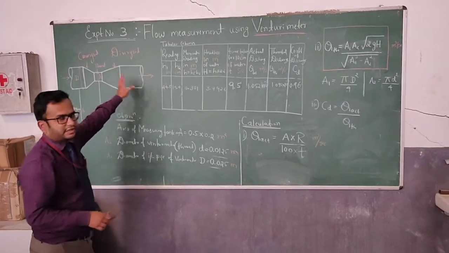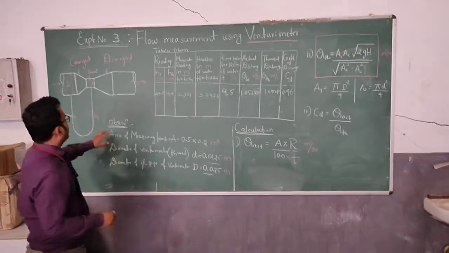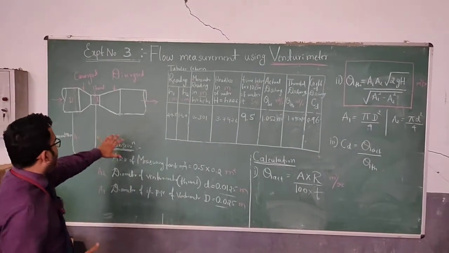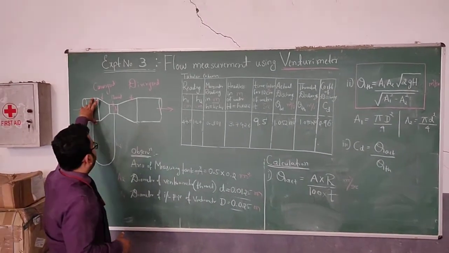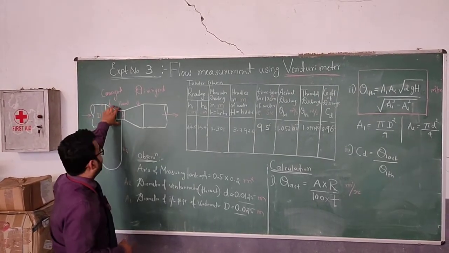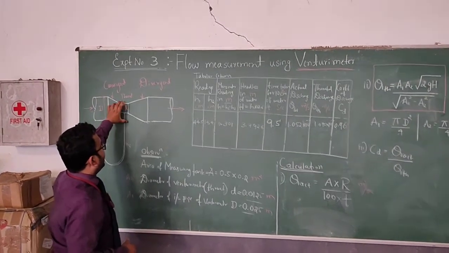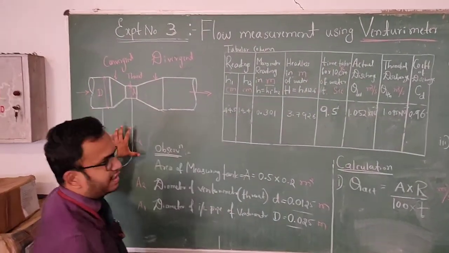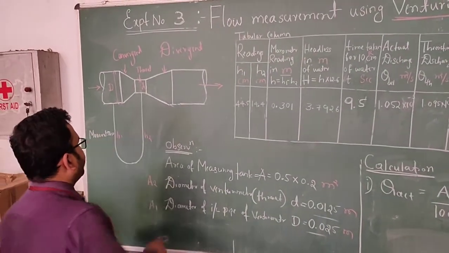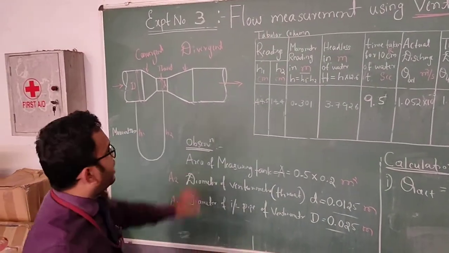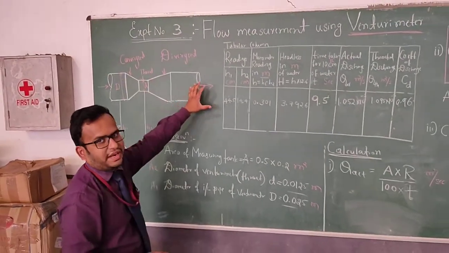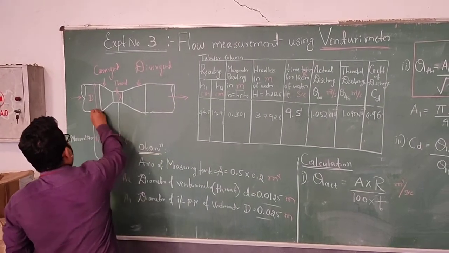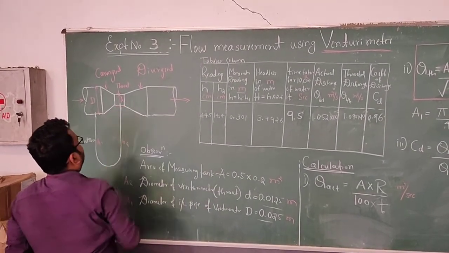So this is the calculation part of the venturimeter. We have just shown it in the real venturimeter in the experiment. Here we have a pipe of diameter D, a converging section and a throat of diameter d, and this is the diverging section of the venturimeter. This is the manometer in which the head is calculated, that is H1 and H2, in which we are placing mercury, the heavier liquid, and the fluid flowing through the pipe is water, the lighter liquid. We have to measure the pressure difference between this point, the inlet of the pipe, and the throat.